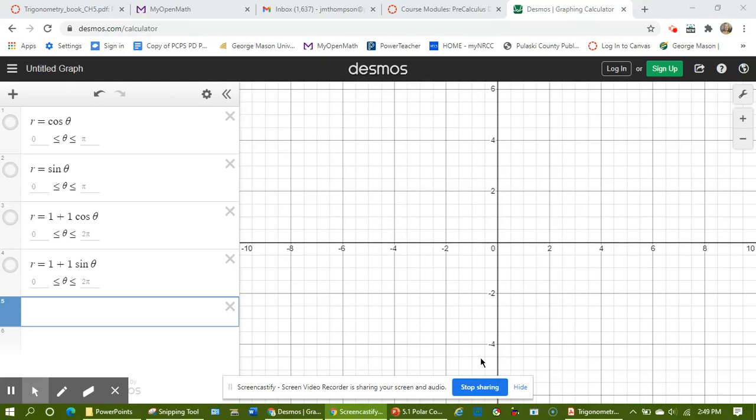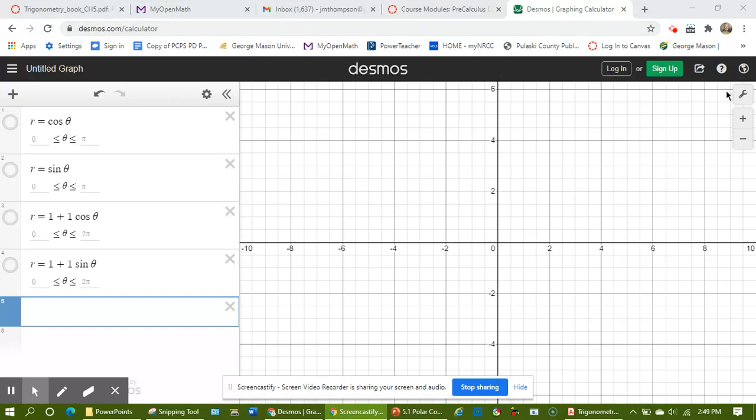I'm going to talk to you about how to graph in polar coordinates using the Desmos graphing calculator and how to recognize some basic shapes of polar graphs. So the first thing I'm going to show you how to do right now, notice that I'm in the regular graphing calculator,